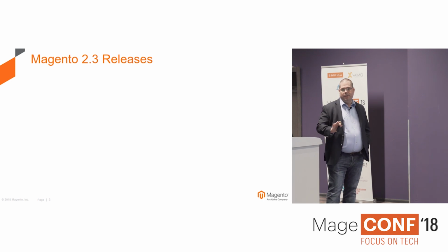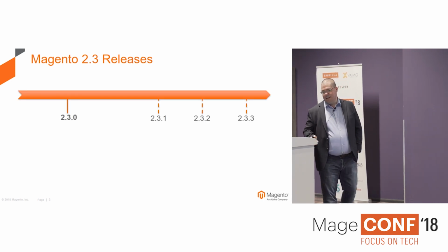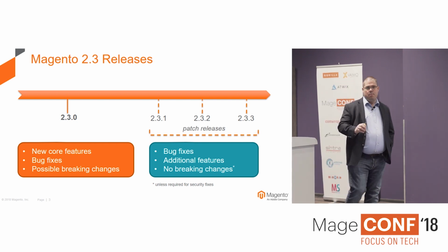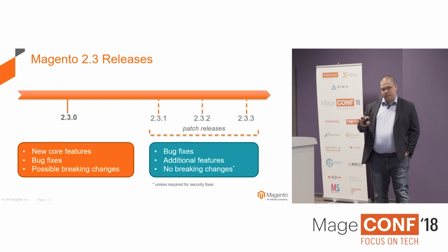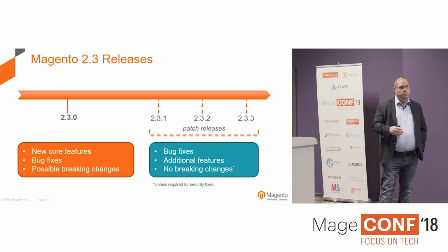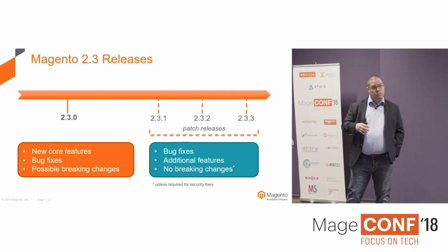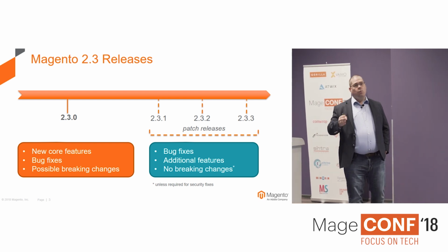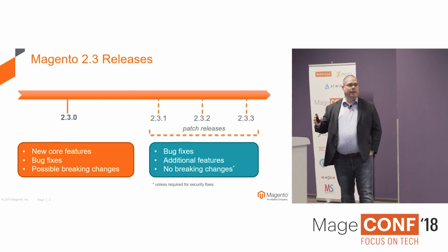One of the most unique things that we're doing with 2.3 is we are slightly enhancing what the release timelines look like. What that means is, 2.3.0, which we will release at the end of the month, will come with the new core features, will come with bug fixes. It will have breaking changes. As we move on to looking at 2.3.1,